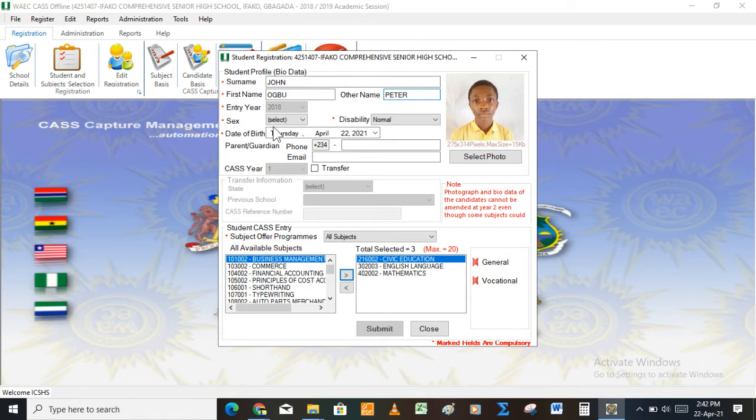Then I'll select the gender. Then if this person has a physical disability, I'll select there and pick one of them. But now let's say this person is normal. I'll pick the date of birth. Let's say March 22, 2004. So all these fields that are marked with a red asterisk are compulsory, but some of them